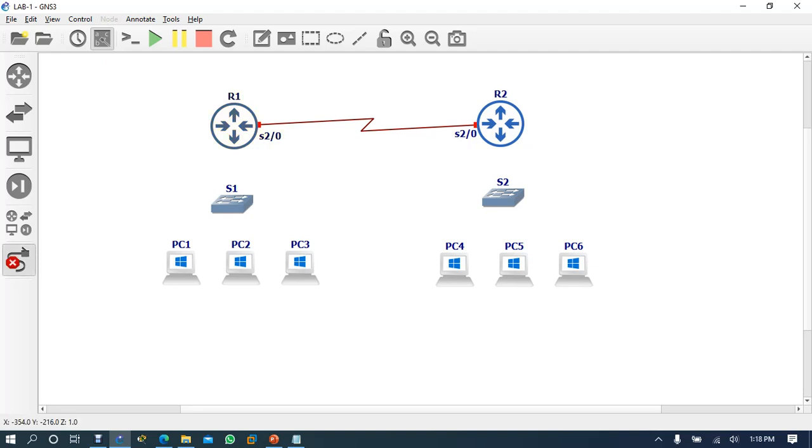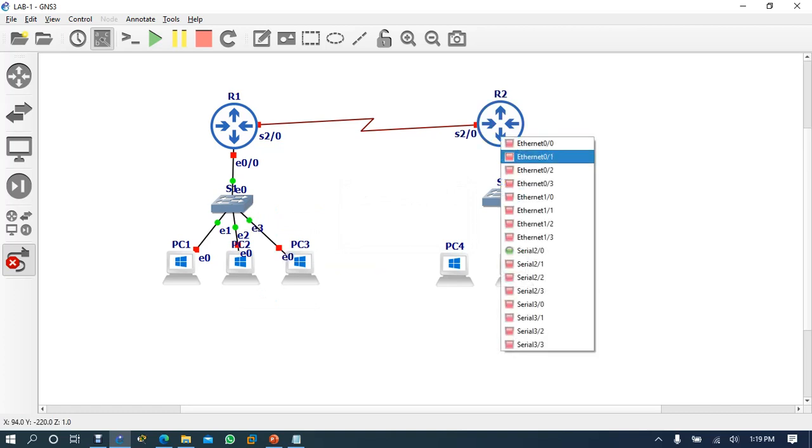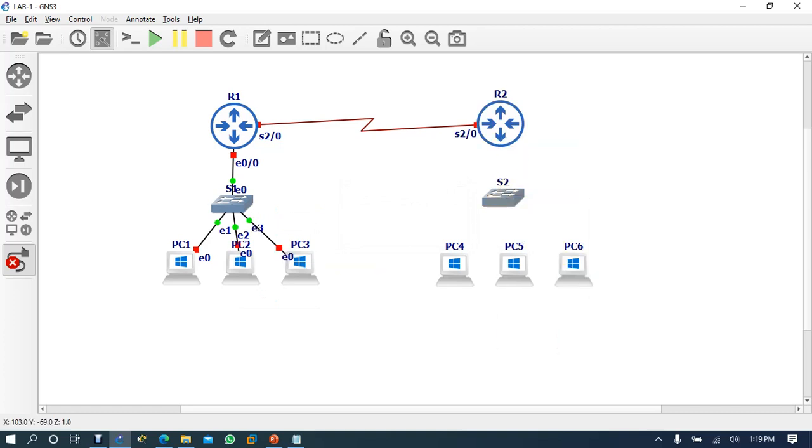Then click on this cable again, Ethernet to Ethernet 0. Here the red one is free, green one is occupied. Here also Ethernet to Ethernet.